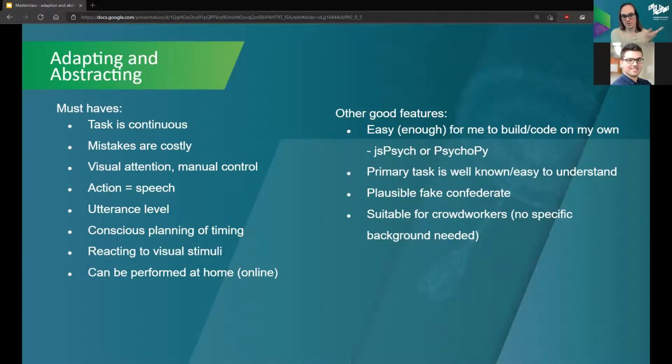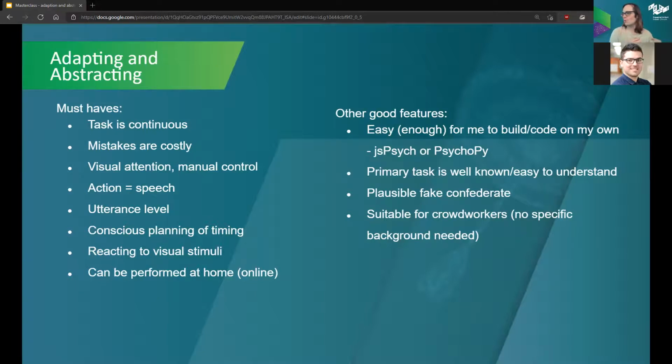When you're interrupting someone who's doing another task, but I couldn't measure those in the way that I had planned. I had to abstract that study down to its key features and figure out what I could keep, what I needed to do this research, and what factors were actually just miscellaneous details that I could abstract away. So I came up with some must-haves for my experiment, like having a primary task that's something like driving, that